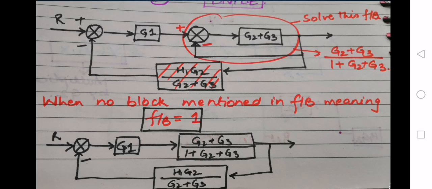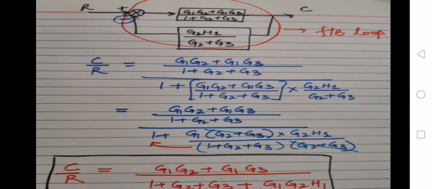And after solving with the feedback formula, we get g2 plus g3 divided by 1 plus g2 plus g3 multiplied by 1. So putting this value back here, and now solving the g1 and g2 plus g3 upon 1 plus g2 plus g3 cascade blocks, and then the feedback loop, we are going to get